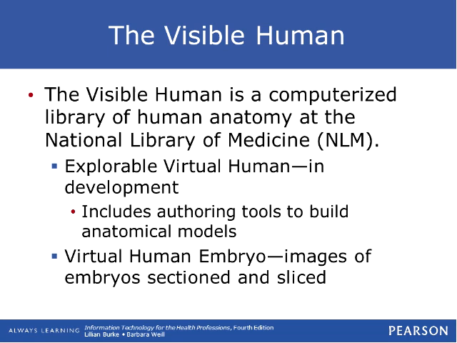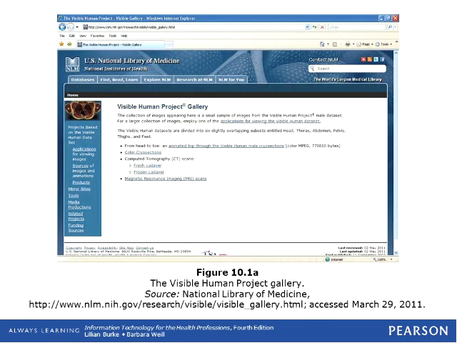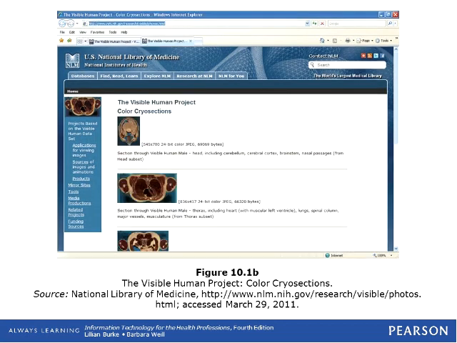And then there's the virtual human embryo, which are images of the human embryo sectioned and sliced electronically, which allows you great control and a better understanding of what's going on. The Visible Human Project Gallery, like I said, is located here. You can see the URL there. You might want to look that up and just kind of browse through. This looks at the color cryo sections where you literally cut through like a CT scan or an MRI look